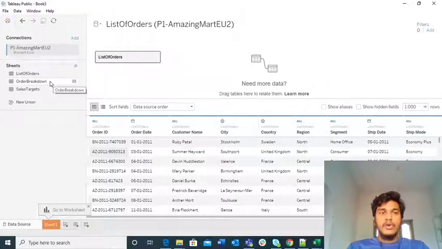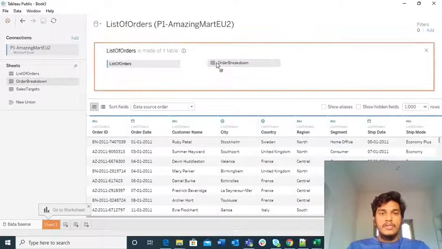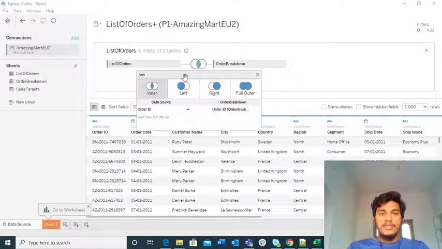So I want to join this orders breakdown sheet with the list of orders. By default it is an inner join, that means an inner join on order ID from list of orders and order ID from orders breakdown.